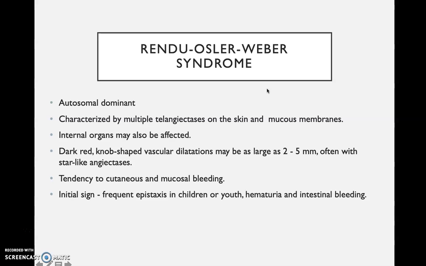So this is a syndrome associated with hemangioma, Rendu-Osler-Weber syndrome. It's autosomal dominant. There will be lots of telangiectasia on the skin and mucous membrane, even inside the organs. It will be dark red because of the vessels. The vessels may even be large, 2 to 5 millimeters, which means very large. And usually the bleeding will be continuous. The initial sign